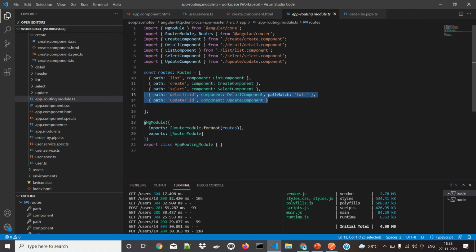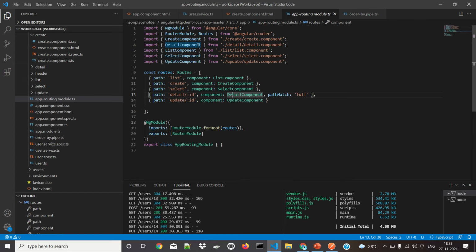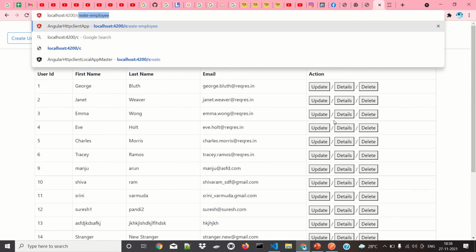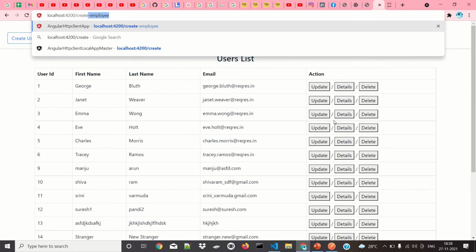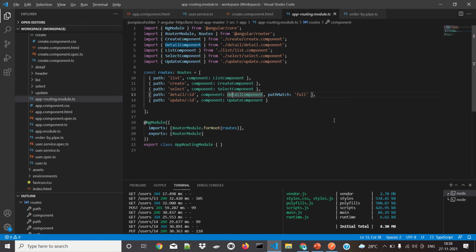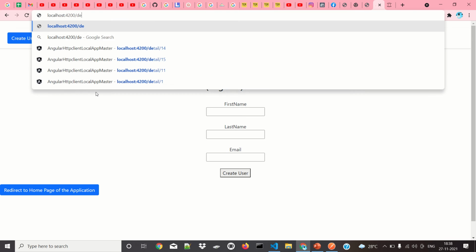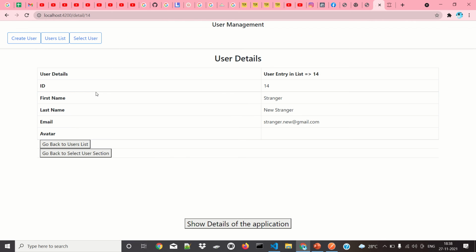Now, how do we utilize these routes in the application? See here there is list, and I can give create now. See what happens. Yes, it comes to the create page. If I am going to the detail page, I have to give detail slash the ID I want. 14 is the ID I gave recently, so I give this one.